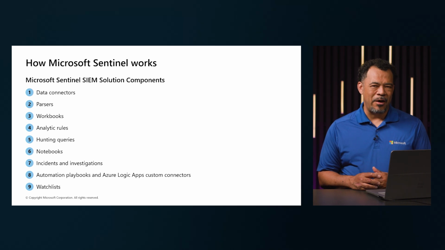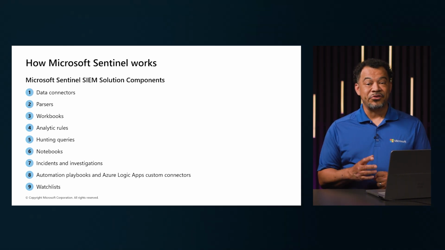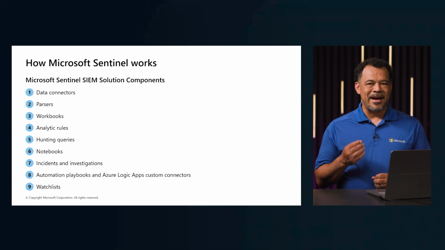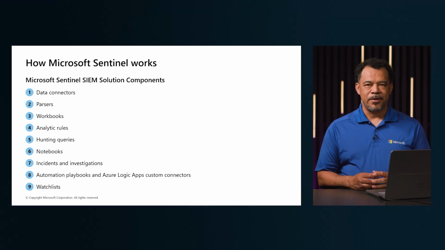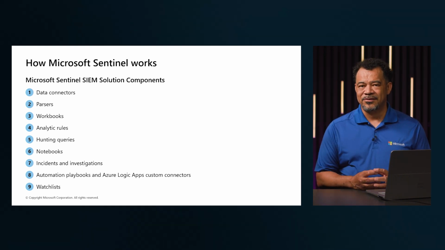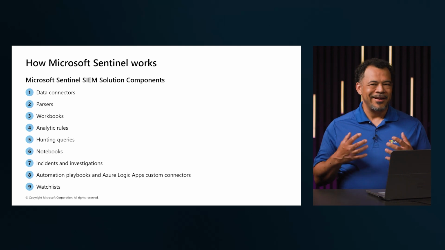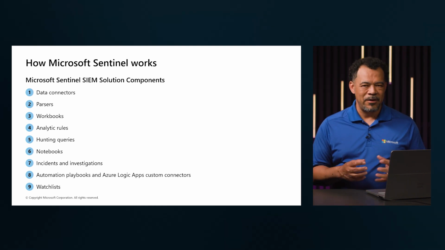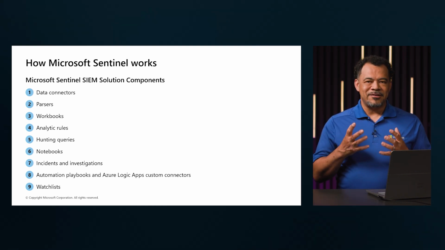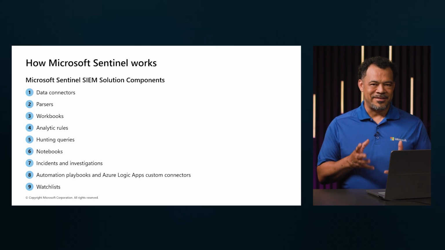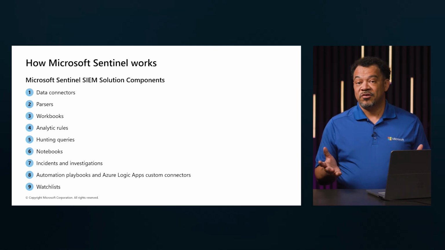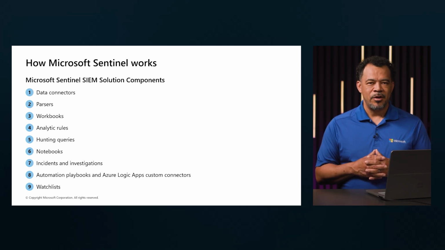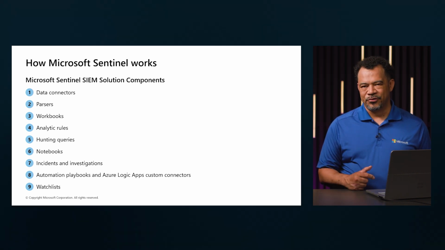This gives us a quick overview of how Microsoft Sentinel works by breaking down its core components. It highlights 9 key features that make up the SIEM solution, like data connectors for bringing in logs, analytics rules for detecting threats, and automation playbooks for responding to incidents. Tools like workbooks, hunting queries, and notebooks help analysts visualize and investigate data more effectively. Altogether, these pieces work together to help security teams detect, investigate, and respond to threats in a streamlined way. We'll do a dive into each of the following modules coming up.